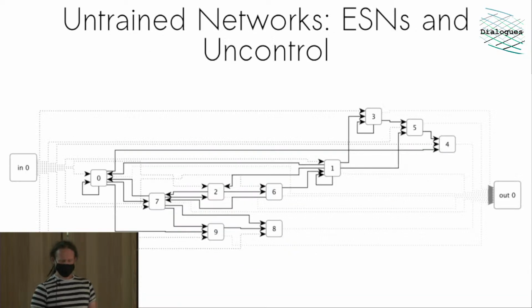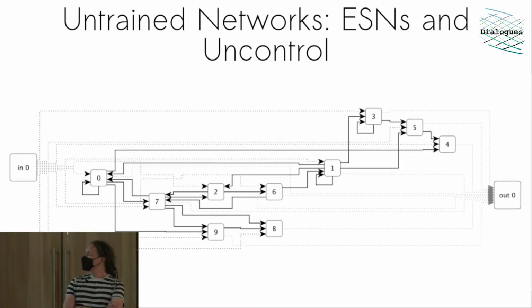So this led me on to another form of neural network called echo state networks, which are a bit like these CTRNNs, except they're discrete, and they're a lot easier to train. So you can give them training data and usually get a pretty good result quickly. But again, they have these same kind of interesting intrinsic dynamics.